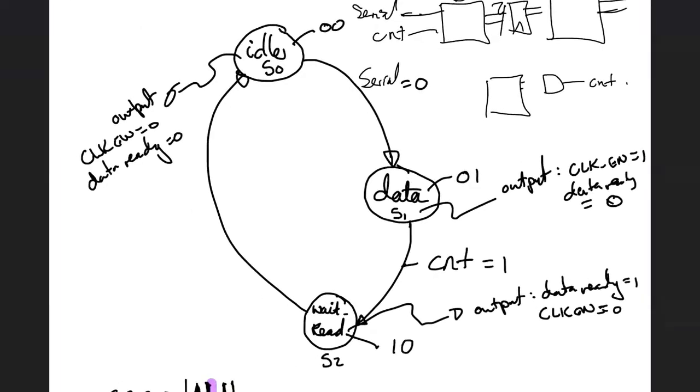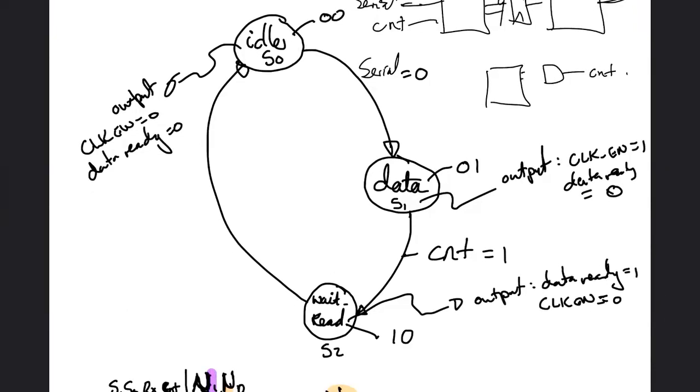So if I'm in the 0 state, I'll show you 2 lines here. If I'm in the 0 state, it really does not matter what the value of count is because count has no bearing. It doesn't affect going from the idle state. So that's a don't care condition. If Rx is 0, so if the serial line is 0, I need to make the transition. So if Rx is 0, the next state must be state 1. If Rx is 1, then I just stay in the present state. If you now do this for all the input conditions, so you write down all the possible values here,